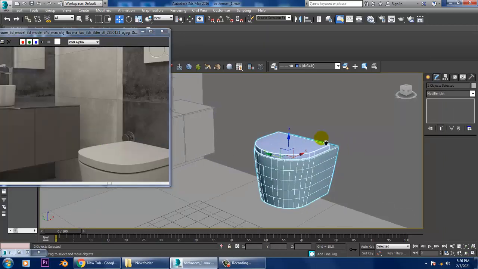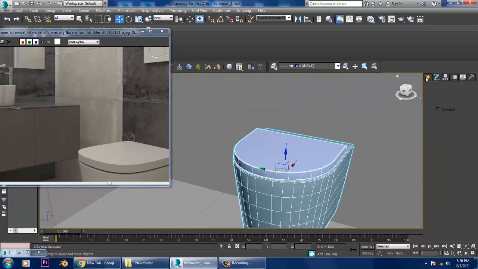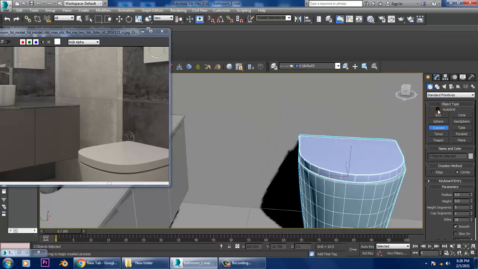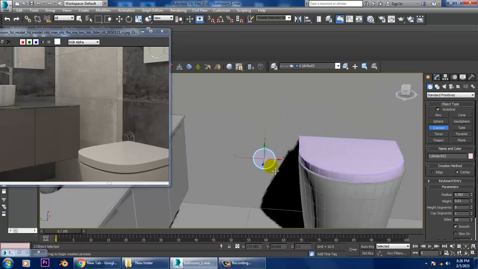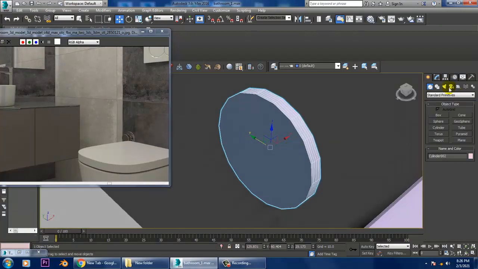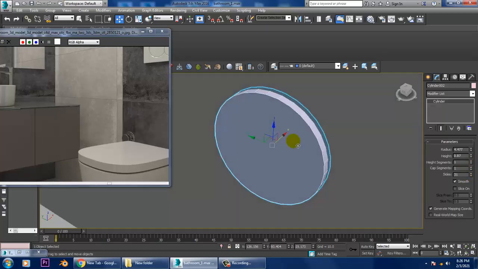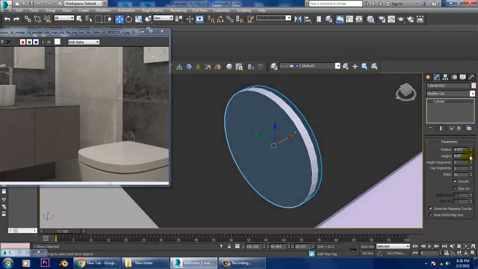and we can create some knobs over here. So let's take a cylinder over here, let's take a auto grid over here. So I'll increase its sides over here, reduce its height segments, and reduce its height.